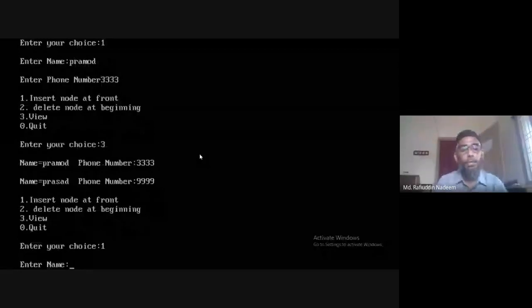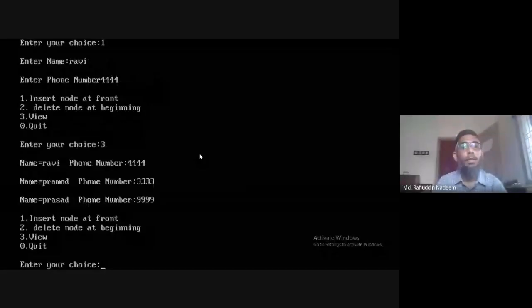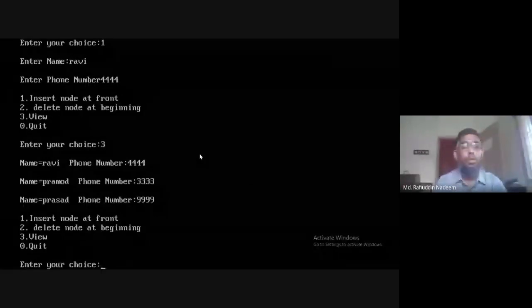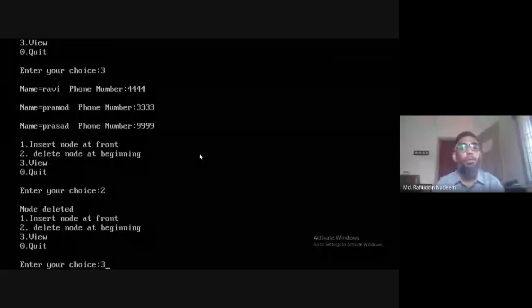Some Ravi, then phone number, then again if I say 3, Ravi will be added first, then Pramod, then Prasad. Fine. Now I want to remove the element; I enter 2. The node is deleted. Now if I say 3, which one will be deleted? Because Ravi is at the front, Ravi will be removed. So last in, first out. This is the implementation of the stack. Ravi should be removed. So if I say 3,